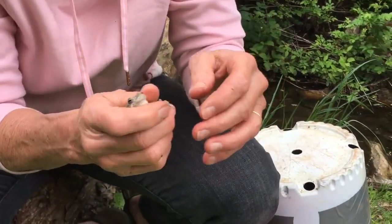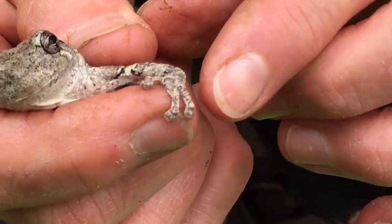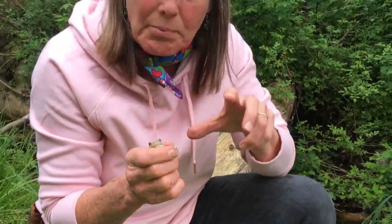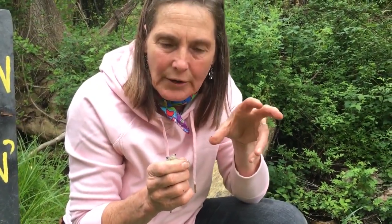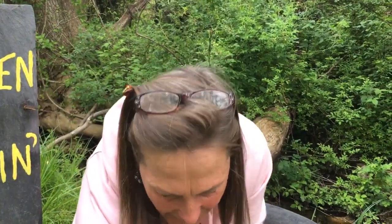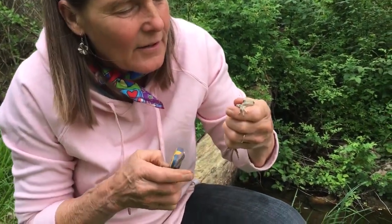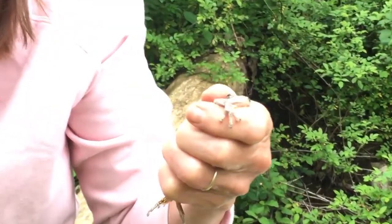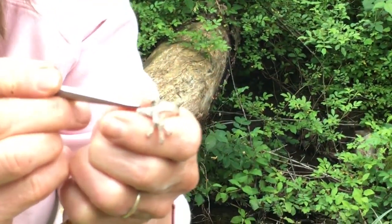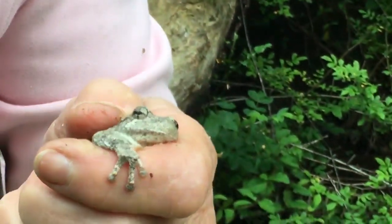And I'm sure you've seen before those little suction cup fingertips, which actually can cling. He's got particularly long fingers as compared to an American toad, a little bit longer and more slender for clinging on. And the distinctive mark is on the side of his eyeball here. On this side of his eye, there's a little dot. Come here, little guy. He's got a little dot right underneath his eye, which I'll point to slightly here. That little white line right under his eye, that's another indicator that you've got the gray tree frog,